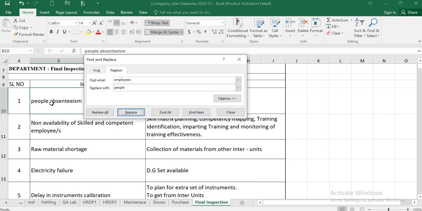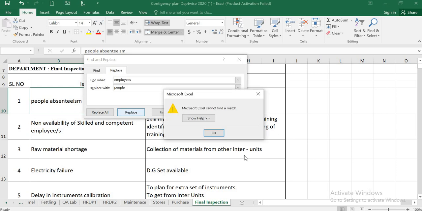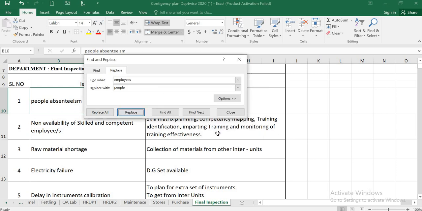Here there is a word "employee," it is replaced by "people," you can see, and there is no word called "employee" anymore. Furthermore, if you want to do it for another word like "material," type "material" and replace with